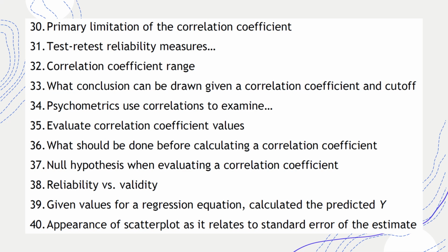Oh, let's see, 39. Given values for a regression equation, calculate the predicted y. Okay, so this will be where it gives you what the values are, but it doesn't put them in the equation for a line. Okay. So you're going to have to know where those numbers go in the equation, so that then you can put whatever they give you for x into the equation and solve it. Okay. So